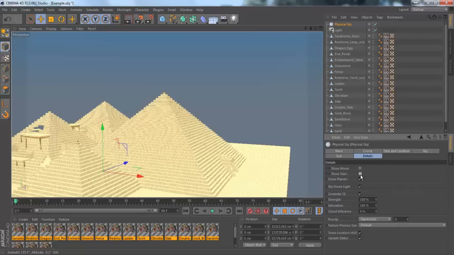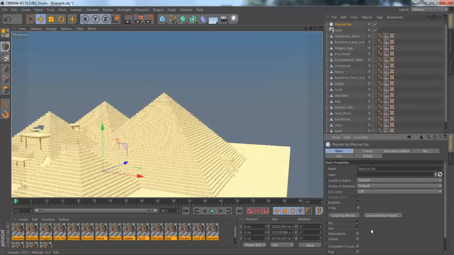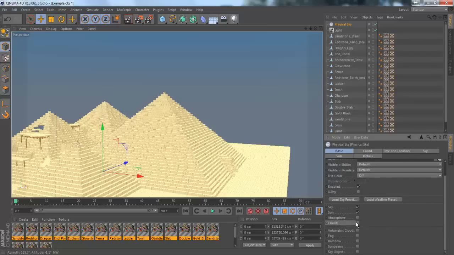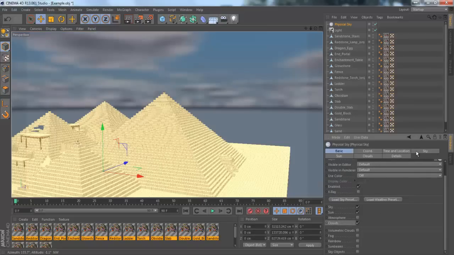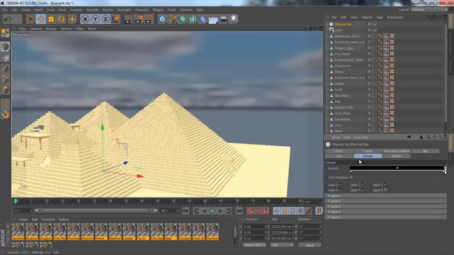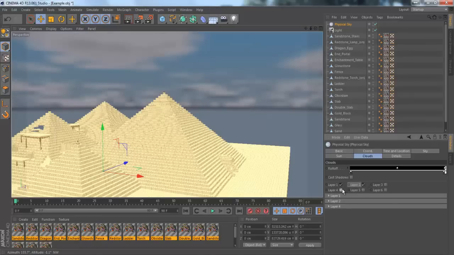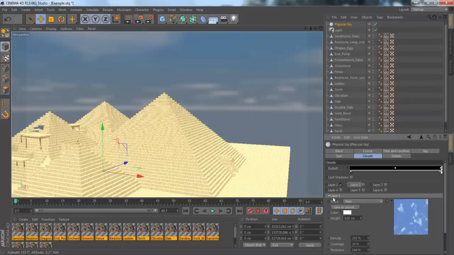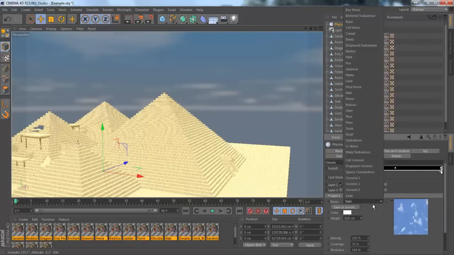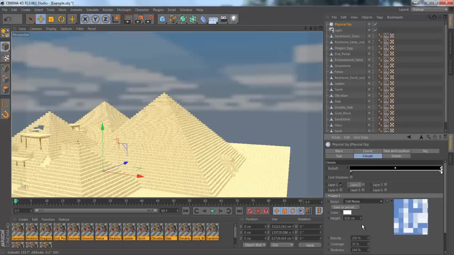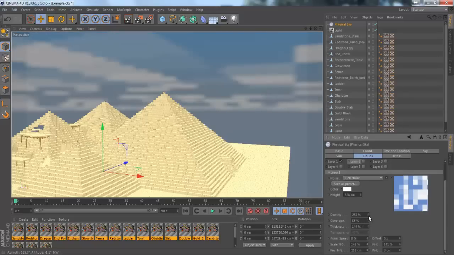So I'm gonna turn off show moon, stars, planets. I want stars actually. And then I'm gonna come to basic here, and I'm gonna turn on clouds. So I want clouds, and it'll pop up with the clouds thing here. And sorry, I'm going really fast on this because I don't think this is right, but I guess we'll find out. So I want all of them off, I think, except for layer 1. Yeah, and right now it's at Naki, but I wanted cell noise. And then you can change the density way down,